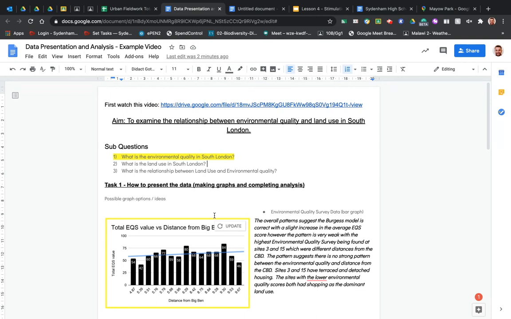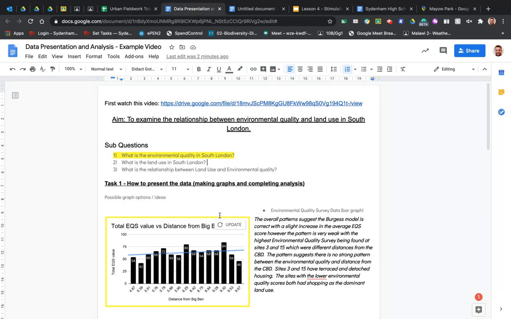Okay, so the first thing to say is there's a real temptation when it comes to analysing data to get really bogged down in explaining each graph individually. And what you do if you do that is you lose sight of the bigger picture. Okay, so